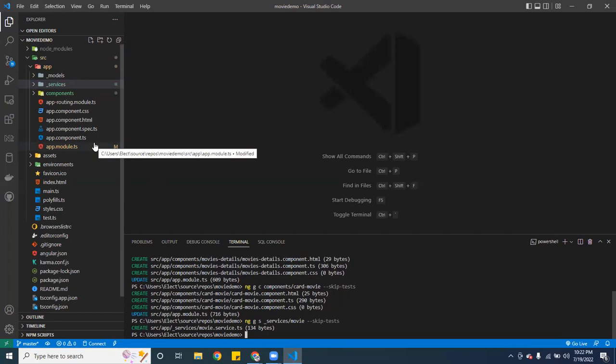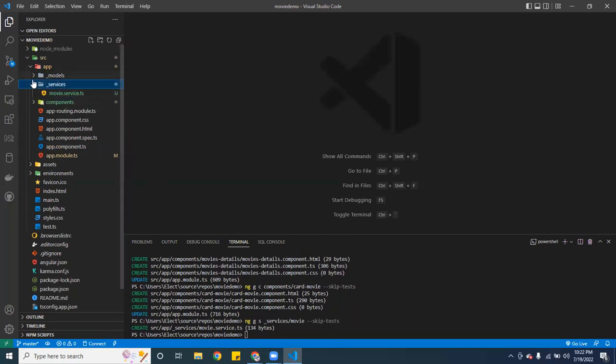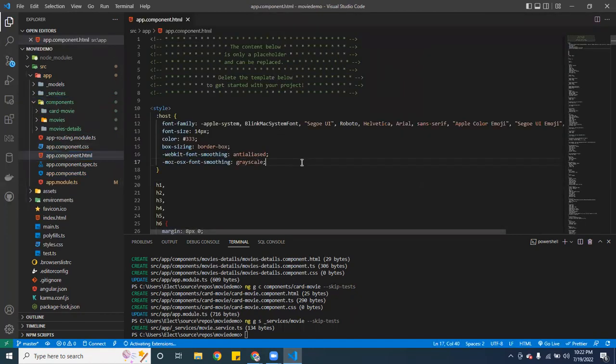I'm going to skip the test. Okay, that created the service. We're going to need that so we can go ahead and fetch the API. So here we're going to go to the HTML. And the very first thing I'm going to do, oh, I almost forgot to go ahead and